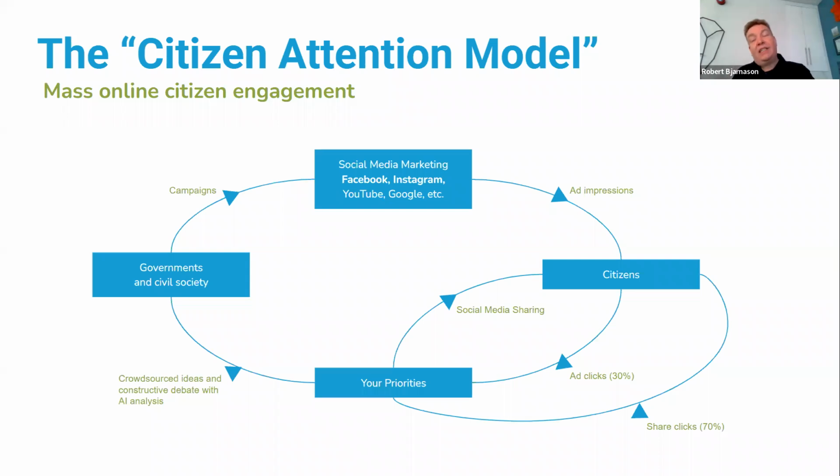The social media systems try to be community oriented. So if somebody in your community, in your city, is sharing something that they created on Your Priorities, then the social media companies will promote it quite effectively.